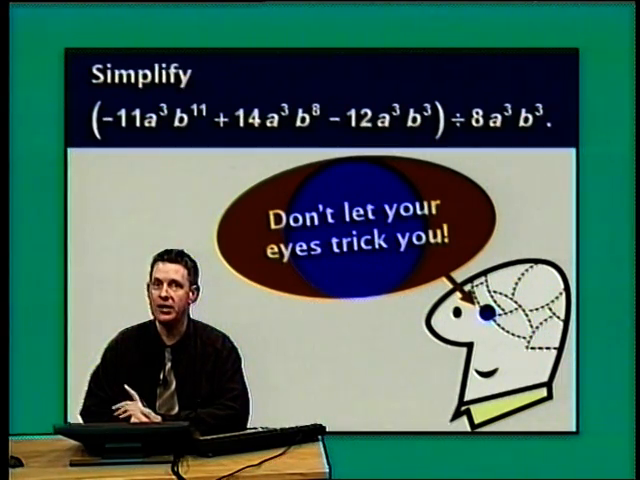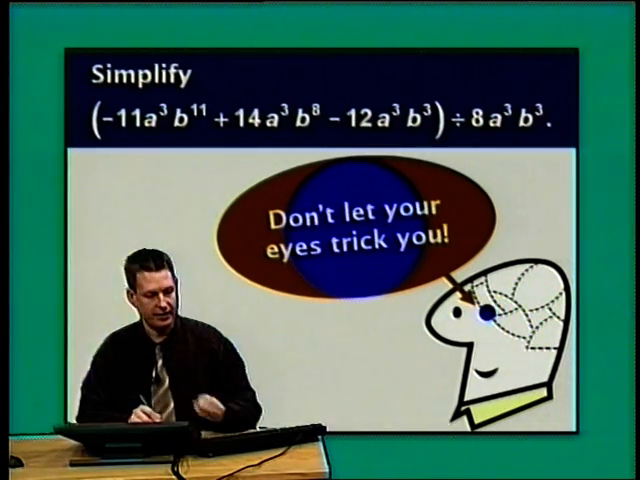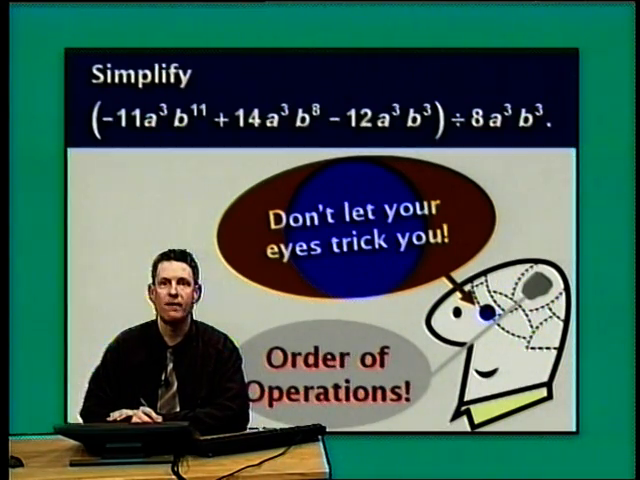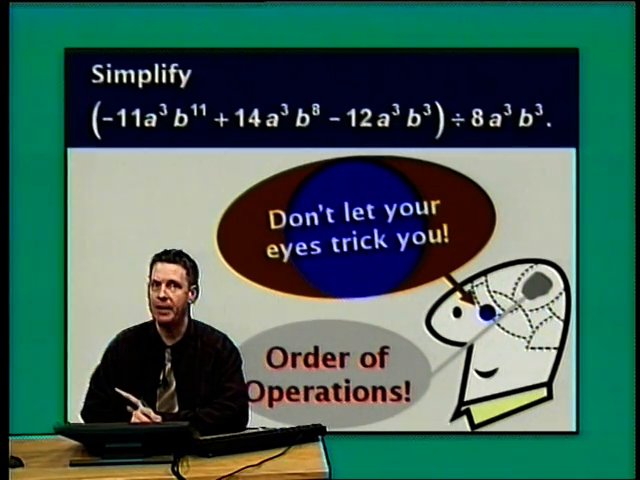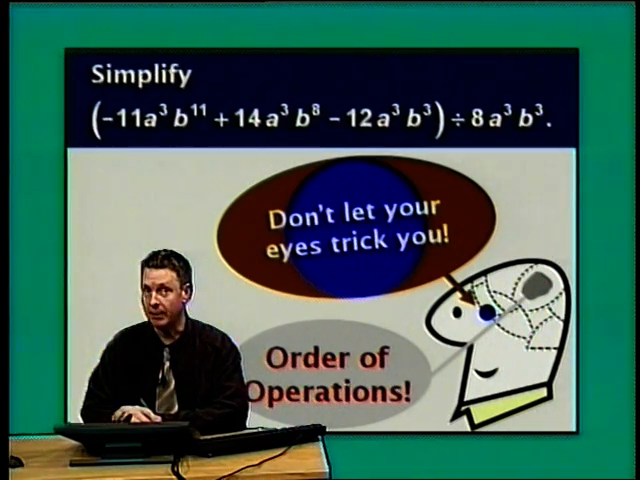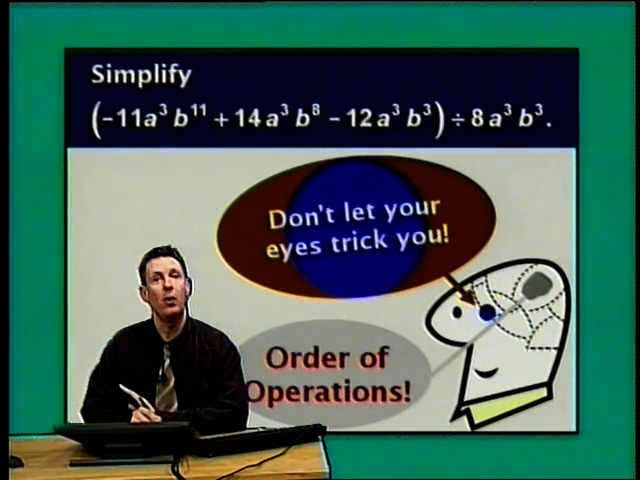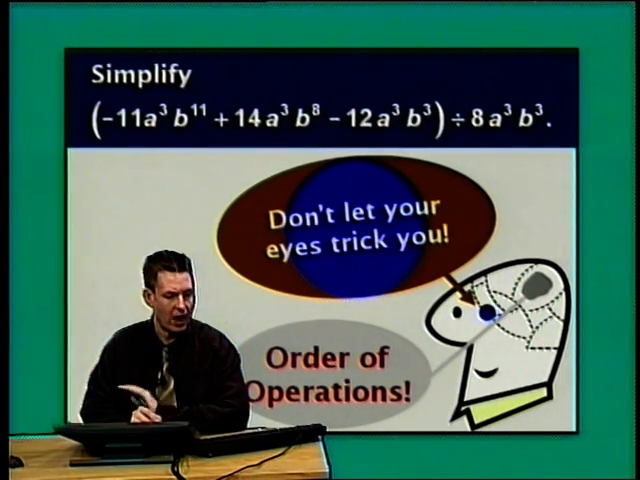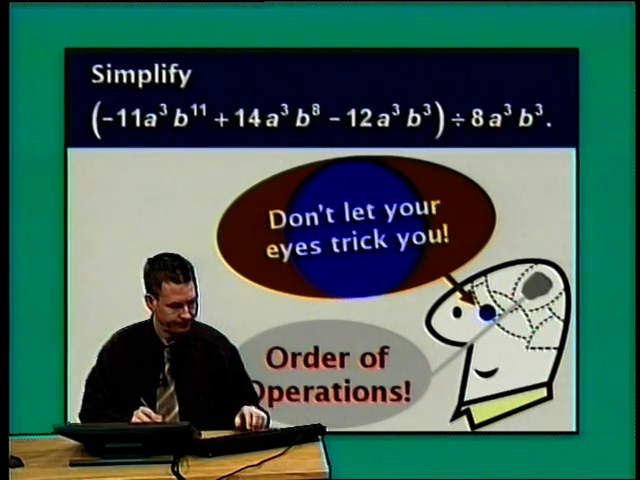So we need to think about something. And what we need to think about is order of operations. And in order of operations, division and multiplication have the same priority. And what that means is, in the absence of grouping symbols, when we're performing several divisions and multiplications, we perform them left to right. For example,